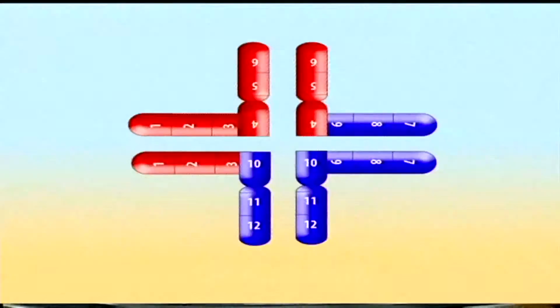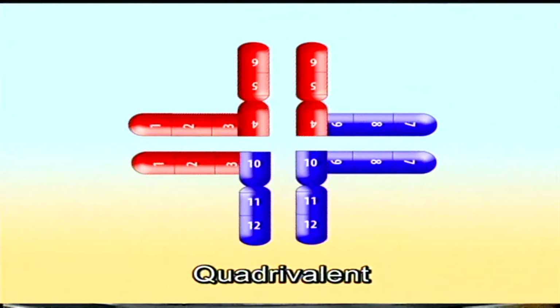Then, depending upon the nature of crossing over in the 4 arms of this quadrivalent and the chiasma formation in the 4 arms of this quadrivalent, the constitution or the configuration of this quadrivalent will be different depending upon the type of the cell